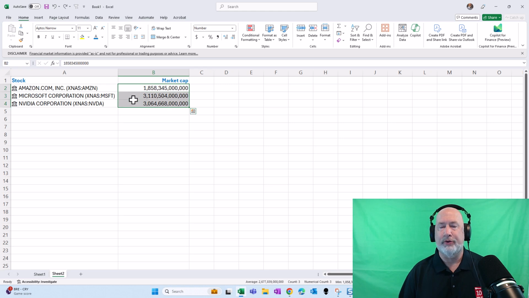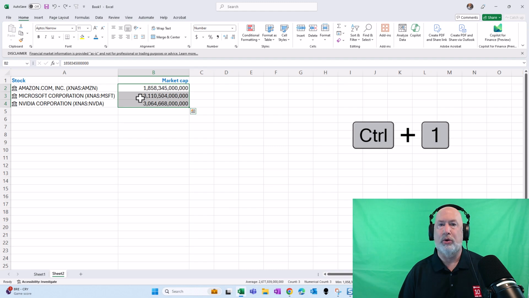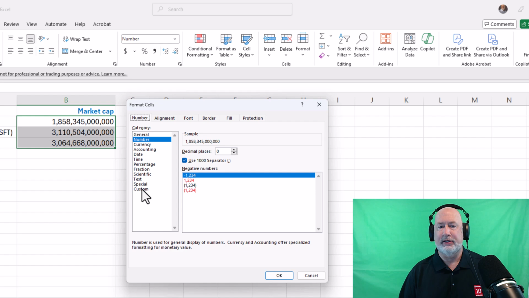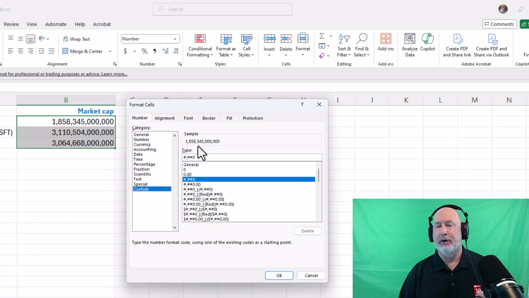I'm going to highlight all three, get to format cells with either a right click or Control+1 will take you there. Notice in my format cells, I'm going to go to custom. When I go to custom, my sample is the first cell that I have selected and it matches exactly cell